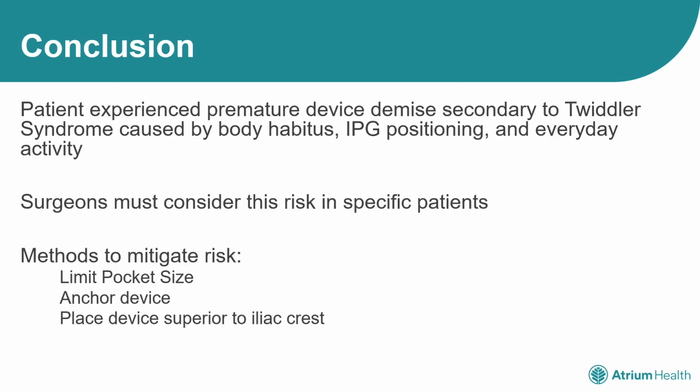Our patient experienced lead migration and device failure secondary to inadvertent Twiddler syndrome. Our video demonstrates via physical exam and fluoroscopy an instance of unintentional manipulation likely due to device location, patient habitus, and pocket size. Considering these findings, the evaluation of a patient's body habitus for location of placement, as well as use of additional safety measures including limiting pocket size, anchoring of the device, plus or minus the use of an absorbable antibacterial envelope are important pre- and intra-op considerations for surgical planning that may aid in prevention of idiopathic Twiddler syndrome and